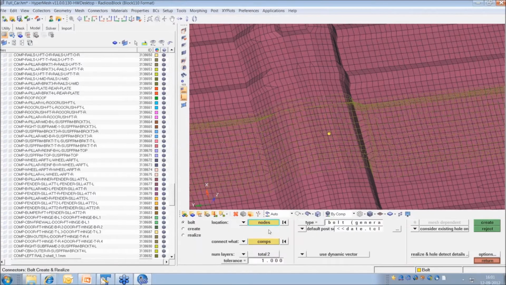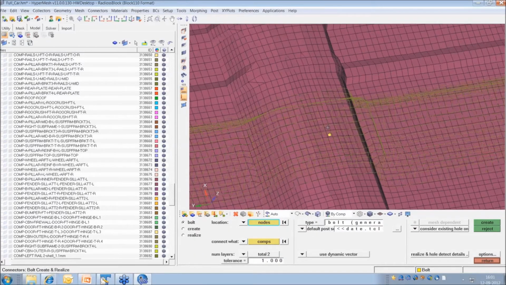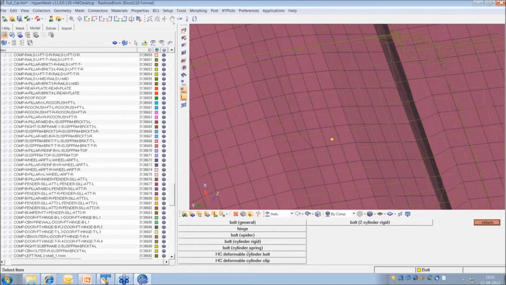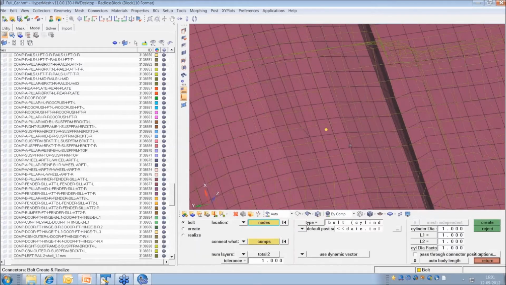I'll go to bolt and select the option bolt, cylinder, and rigid. So the bolt will have a top rigid and a bottom rigid. In between there will be a high stiff spring element whose property I need to update. This defines the spread, or how big I want that rigid to be. I want that rigid to be, let's say, a diameter of maybe 30 mm.